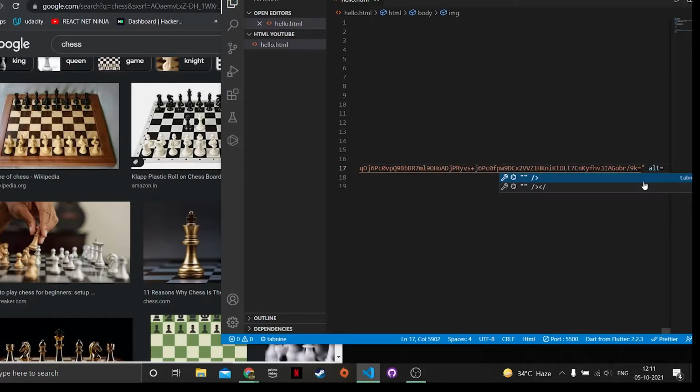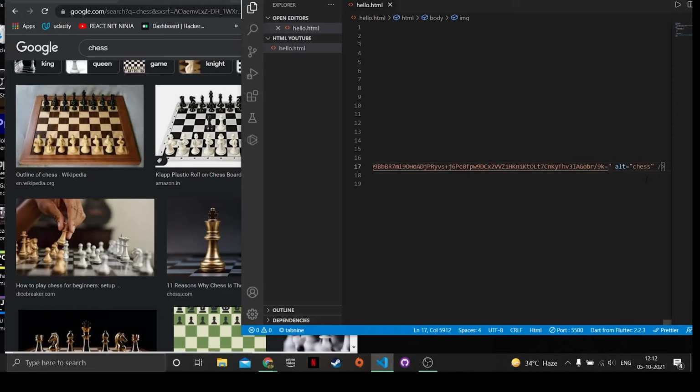Because an alt attribute is basically an alternative. So for any reason, if your image doesn't load up, you can have some text there, so that the viewer knows that there was some image here which is not loading. And the image tag is a self-closing tag also, right?